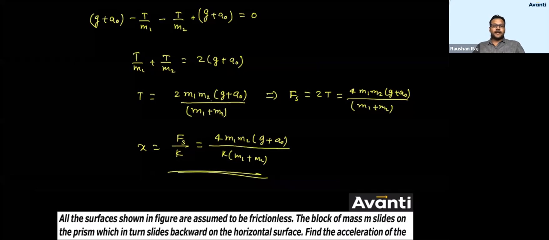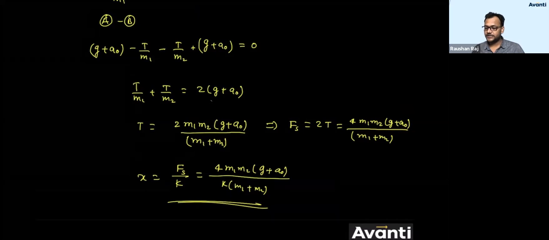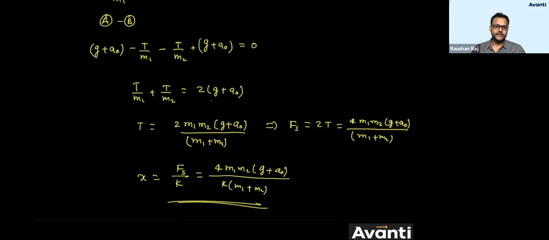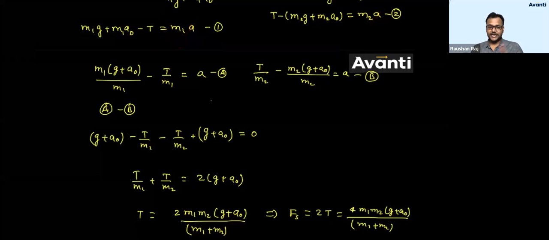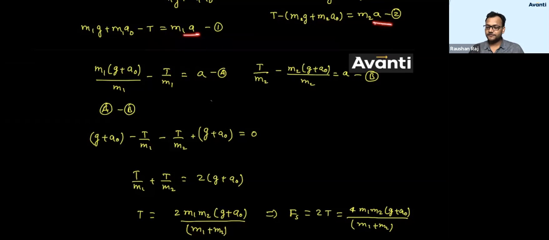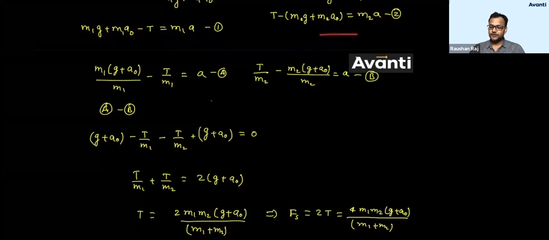But here I don't have to find the tension. I don't have to find the acceleration, so I didn't waste my time getting the A value and then putting it in the equation to get the tension. No problem with that, everyone does it. But here it looked simple to me, this equation is very easy. If I eliminate this coefficient, if I subtract, A and A will cancel. If A and A are eliminated, I'll get the value of P. So to get that, I have divided by m1 in the first equation and by m2 in the second equation, because here it is m1, here m2. Okay, children? So that was the answer to that question.